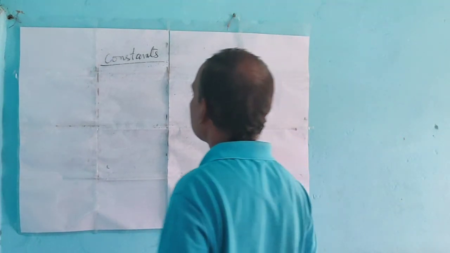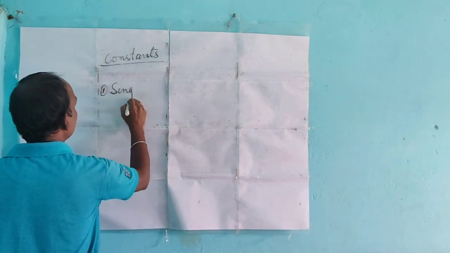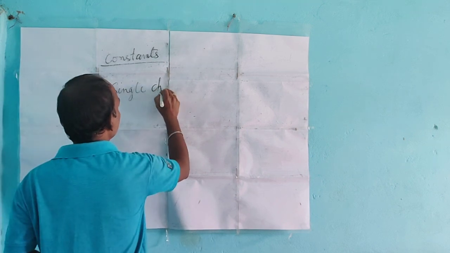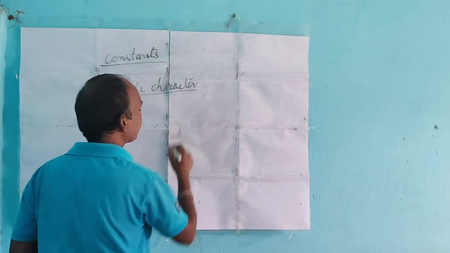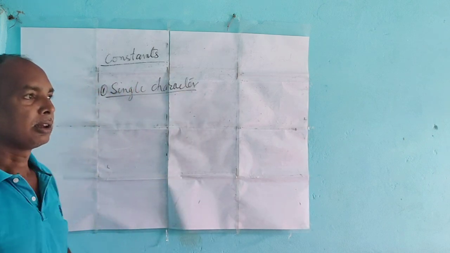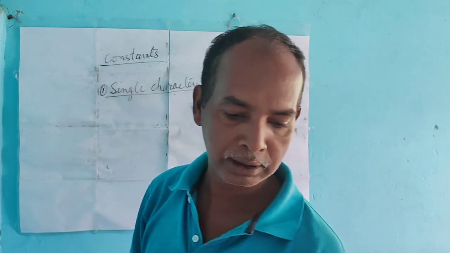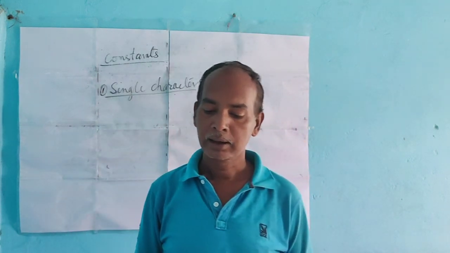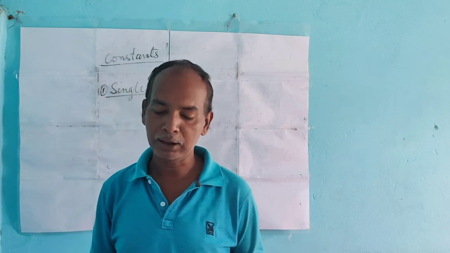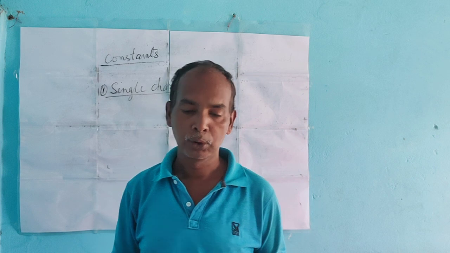Next is the single character constant. Whatever you write within a single quote mark is denoted as a single character constant. A character constant represents a single alphabet, a single digit, or a single special symbol enclosed within a pair of single quotes. For example,